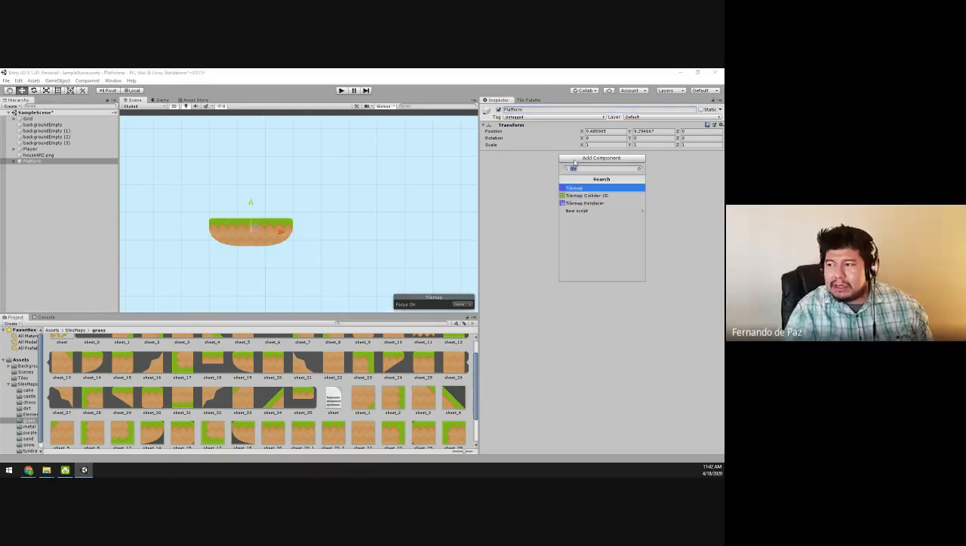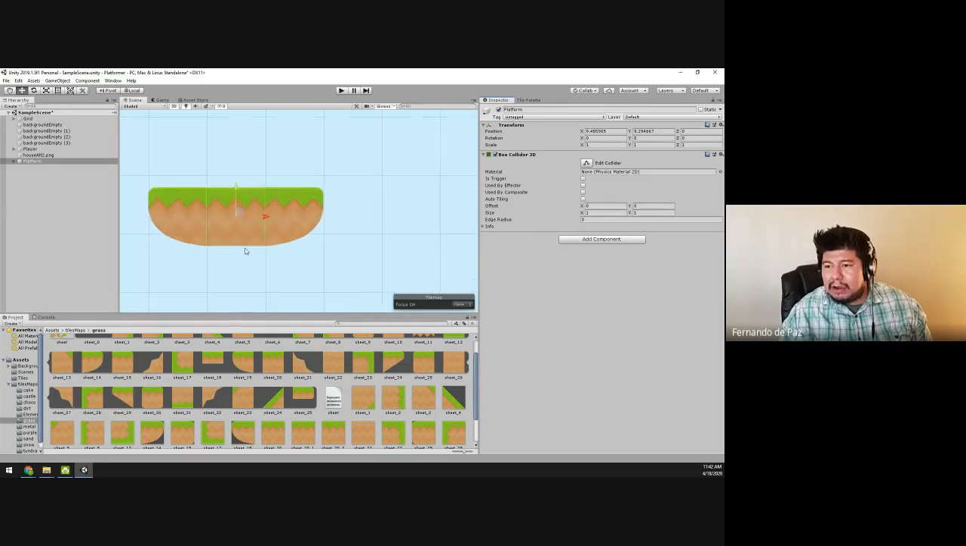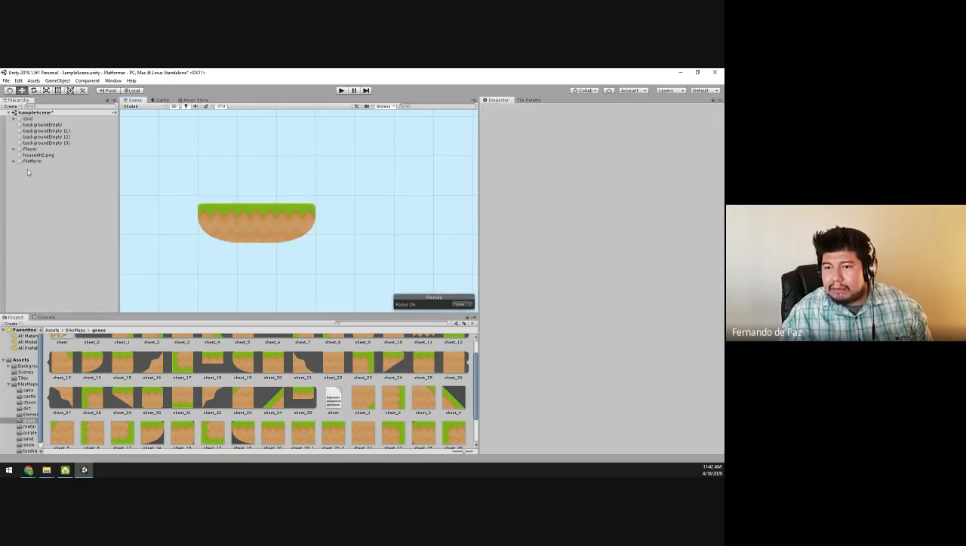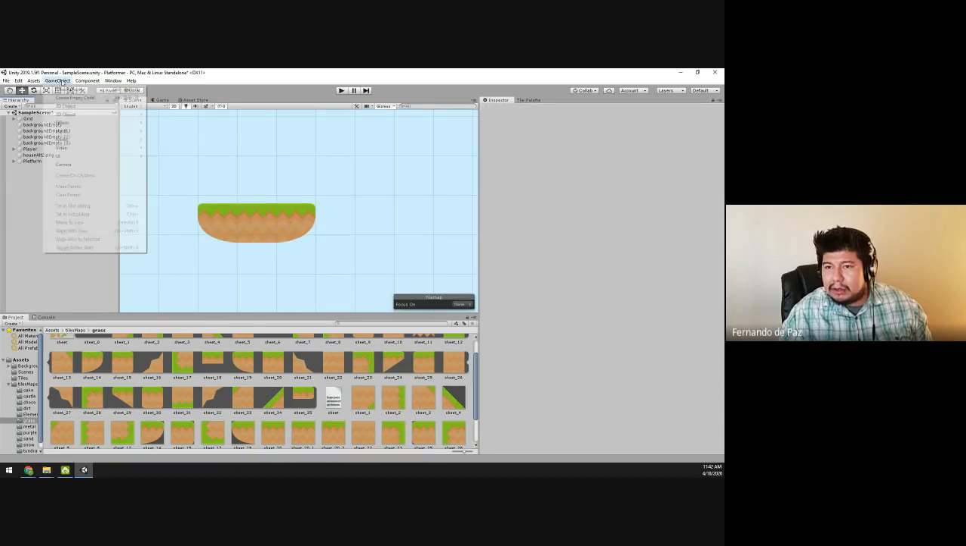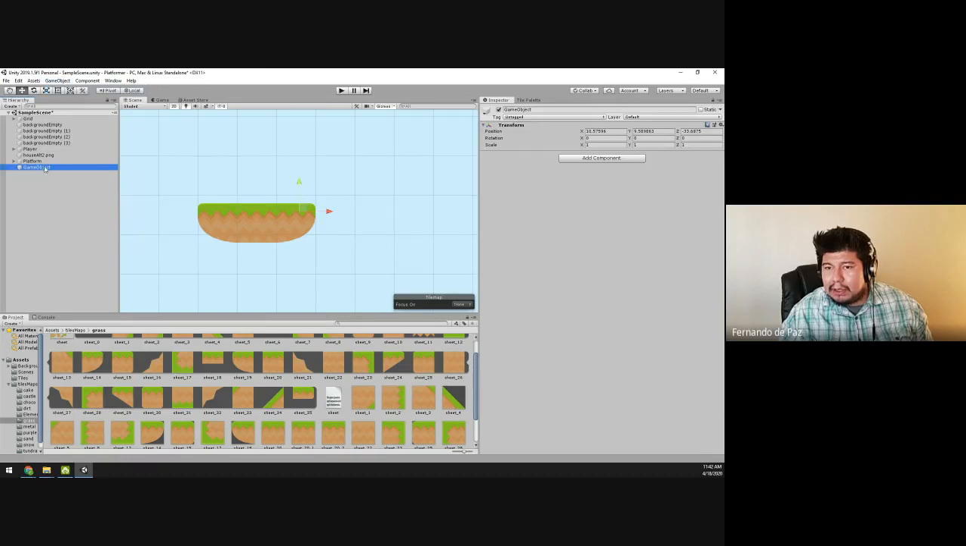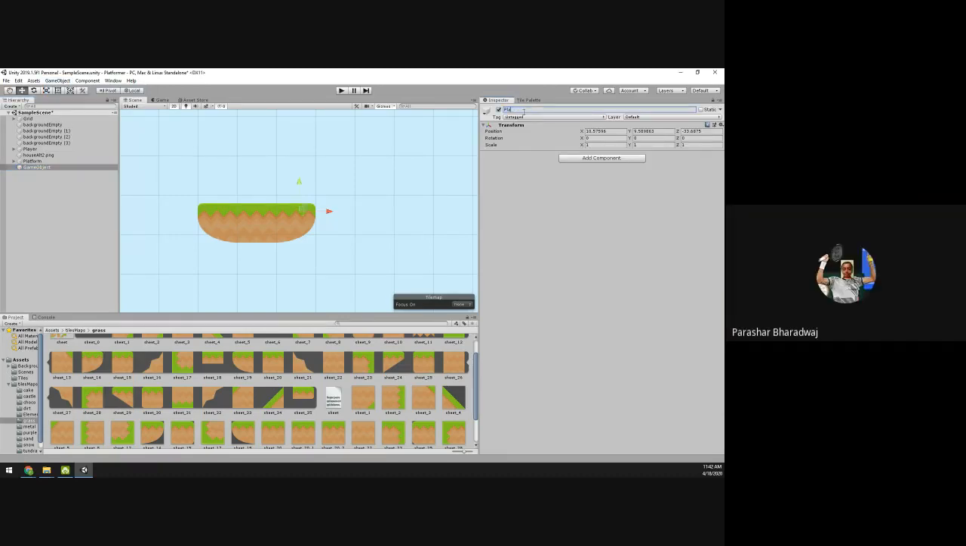And this one's going to have a box collider 2D. See how it only creates one little box. So let's edit this collider. It's going to go from here. Okay. And then we create point A and point B, right? So we create another empty,